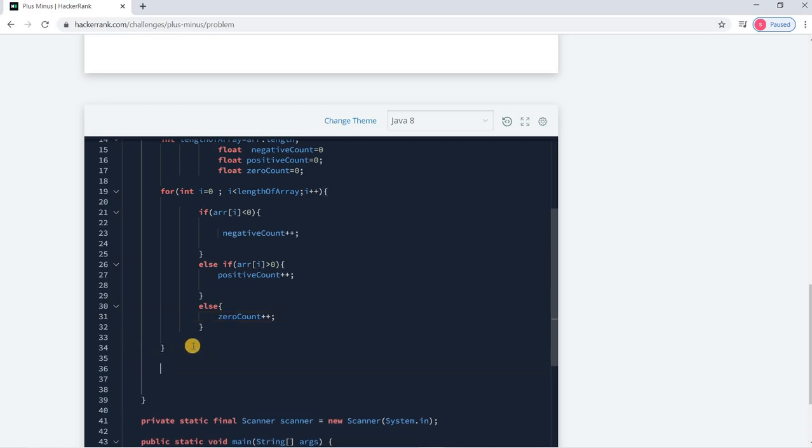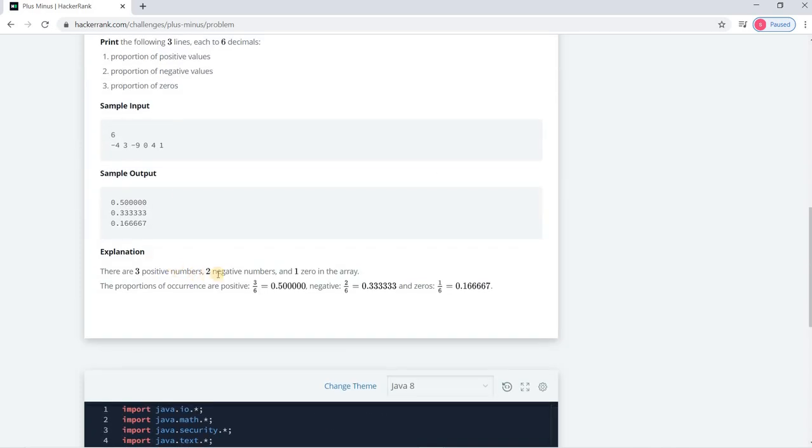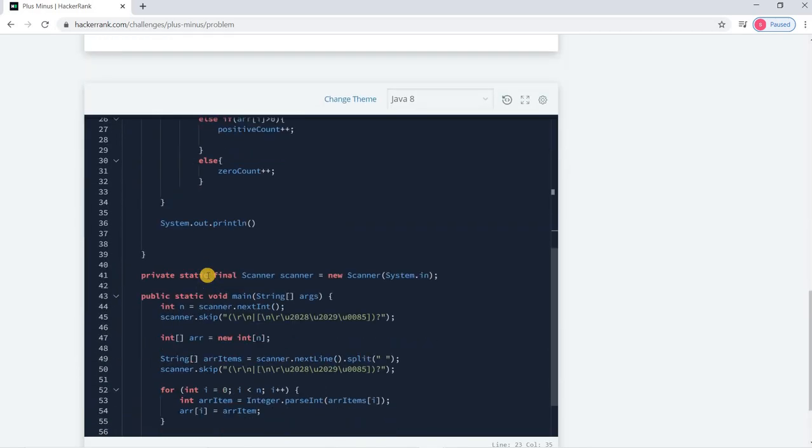That's it. After that we need to print. println. So we have to print the ratio of each number. First we need to print the positive, then negative, then 0.